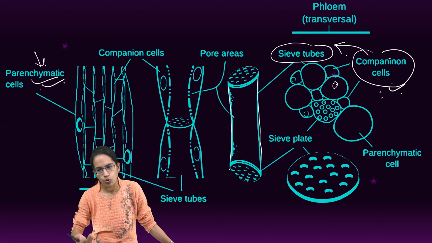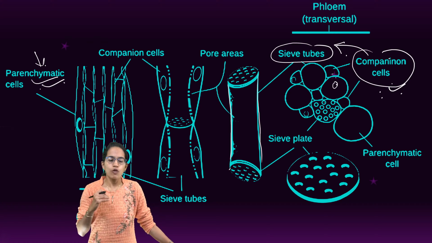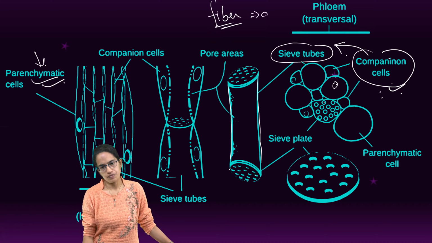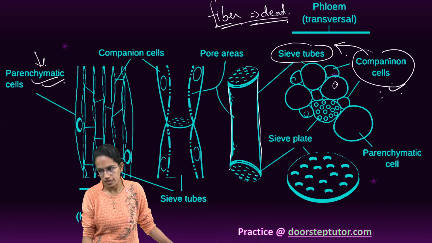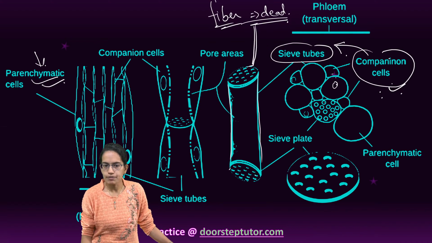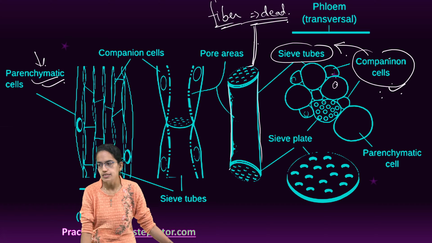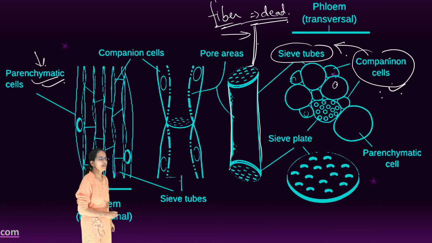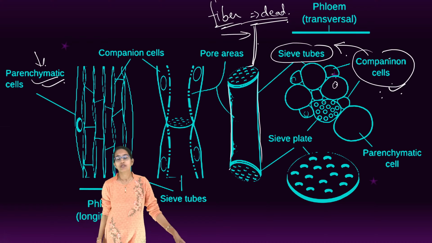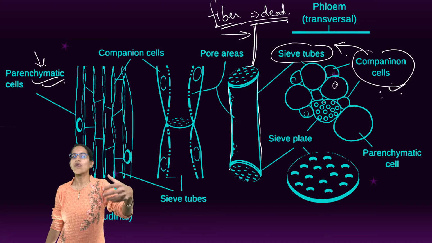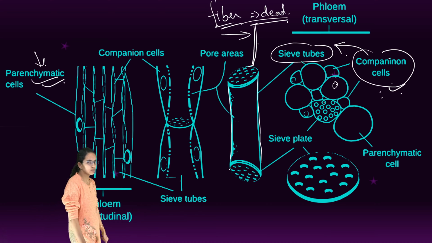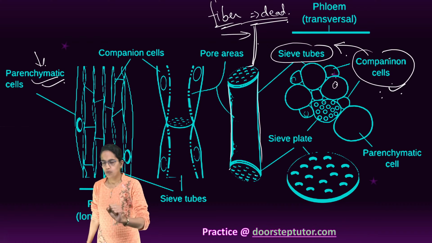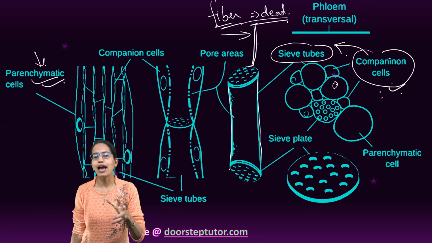It would store food. Then comes the phloem fiber. Phloem fiber is dead and is an exception in the case of phloem. It is elongated, has lignified cells, and it provides mechanical strength. Good examples of phloem fiber, if you look around in daily life, are jute and hemp. So all these jute bags and hemp bags that you use are actually made up of phloem fibers. So it provides mechanical strength and durability.